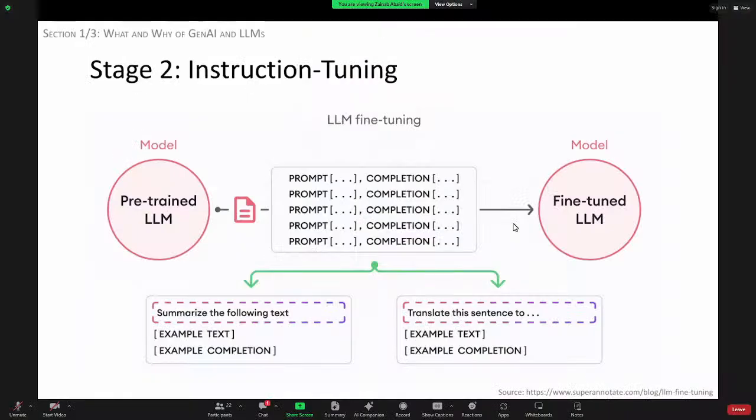For multitask tuning, you would give it lots of these data sets, each one specific to a different task. One for summarization, one for story writing, one for question answering, and so on, okay? Although these are still large data sets, for example, this could be maybe 100,000 examples or a few 100,000, that's still a lot less than the original pre-training data, right? So it is much faster and cheaper to do this stage. At the end, you get out an LLM. It says fine-tuned LLM over here.